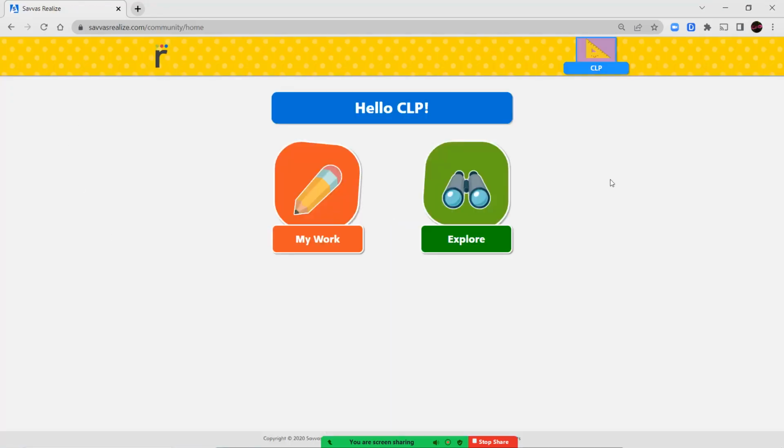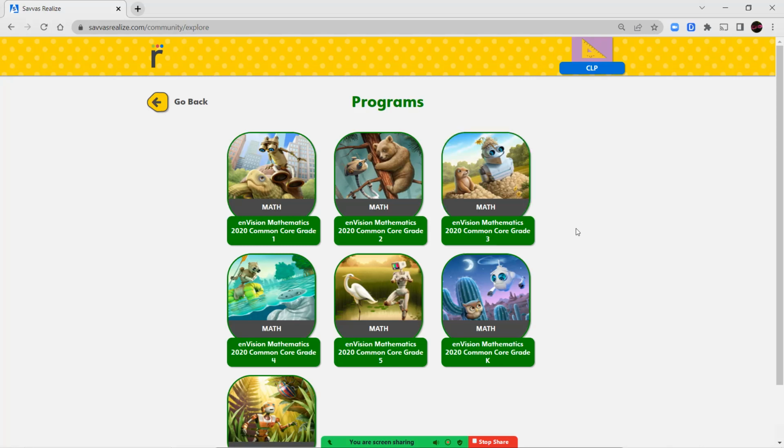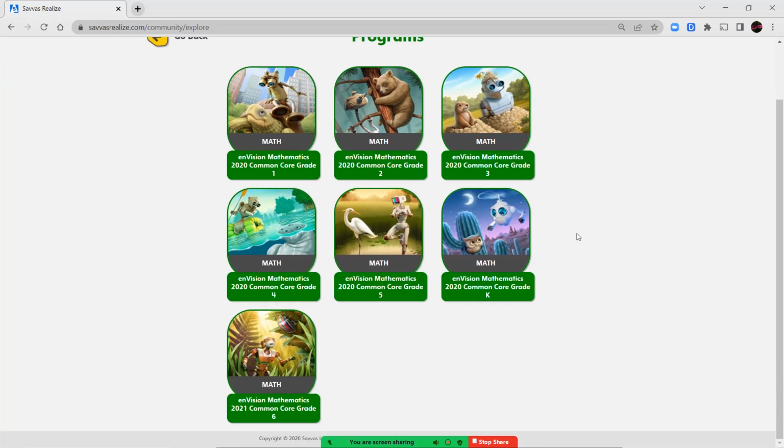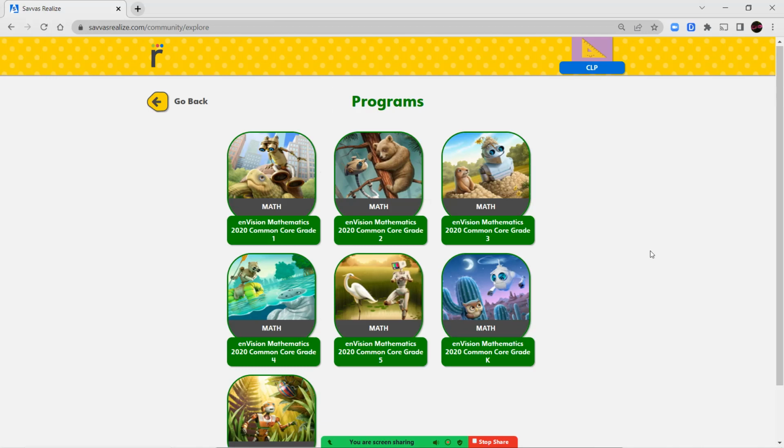Once you get here, we've applied a simplified interface that's easy for students and families to use. And you're going to access the Explore section. My work is going to be empty because we're using this for all of our grade levels. So you're going to press Explore. And in here, you're able to select a particular grade level. So here's 1 through 5, here's kindergarten, and here is 6th grade. Now I'm going to walk you through a couple of them to show you what things look like on the